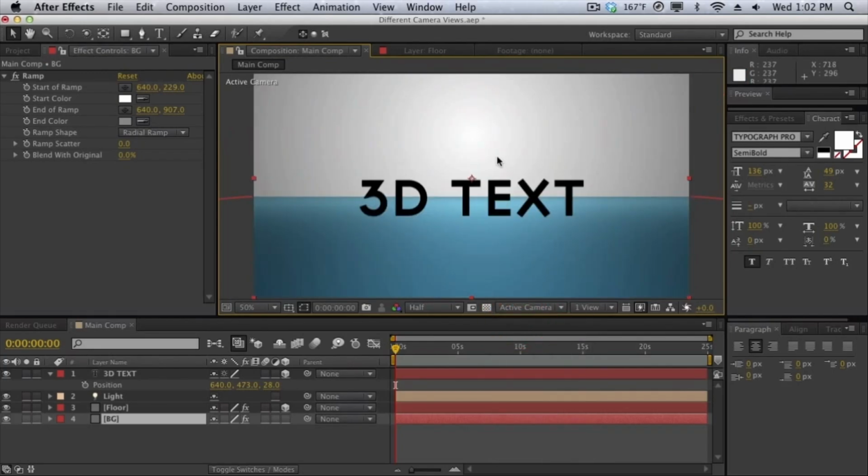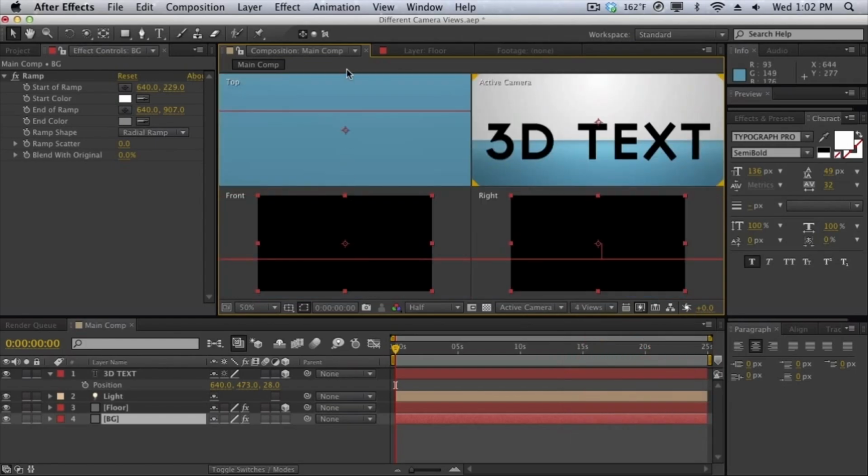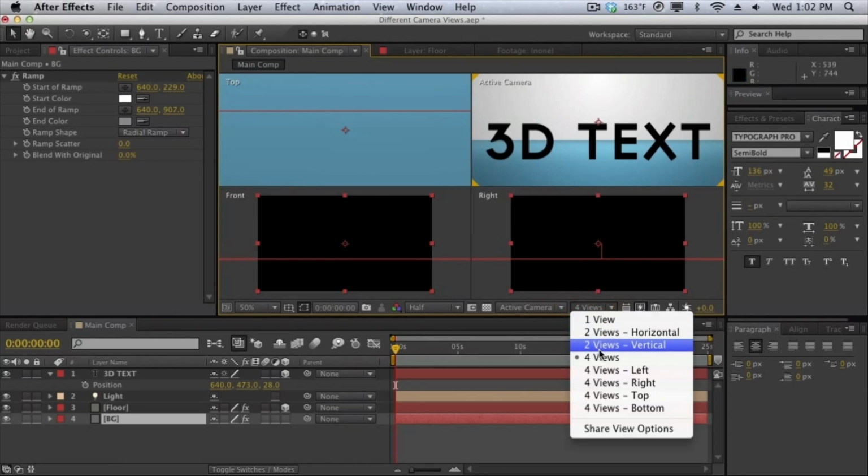Now that we already talked about different types of perspectives and windows and all that, it may be helpful that you may want to use or see two different types of angles at once. Maybe you want to see the active camera, and you also want to see the left side. We can do that by going to this little panel right here, and we can select the different types of views we can have. We can have four-way views here, and as you can see, we have the top, active camera, front and right. We can switch to maybe even two views